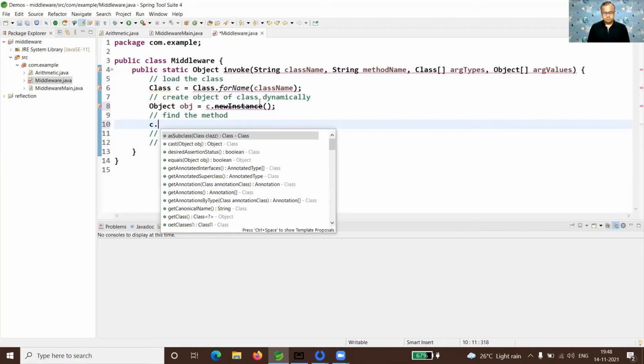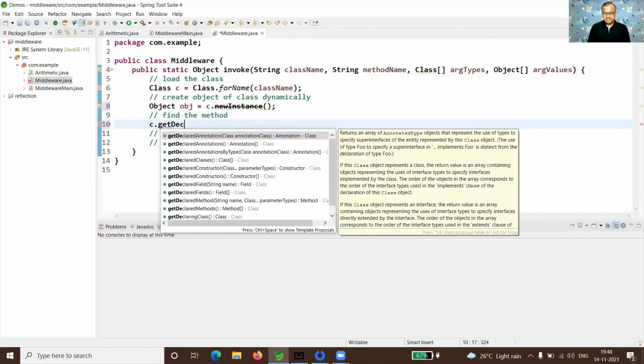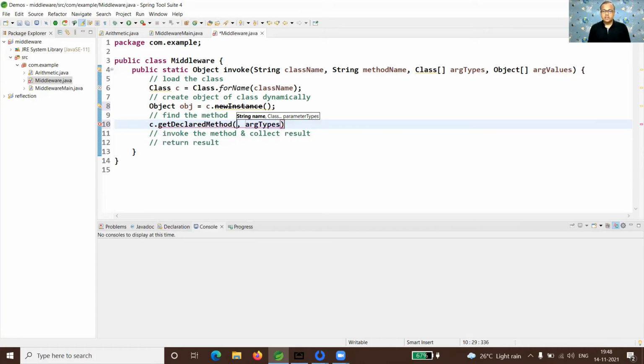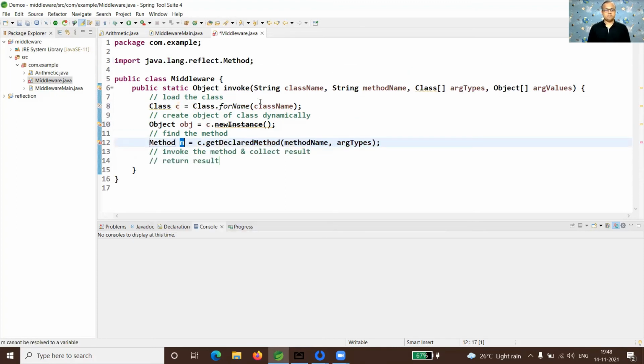To find the method, you can use getDeclaredMethod. With getDeclaredMethod, I want to find the method of the given name and given argument types. So from main, we have called the add method with two integer types, and that will give me the method object.